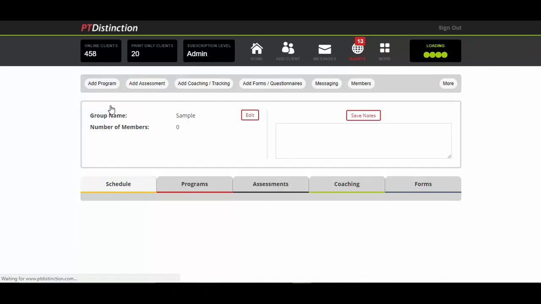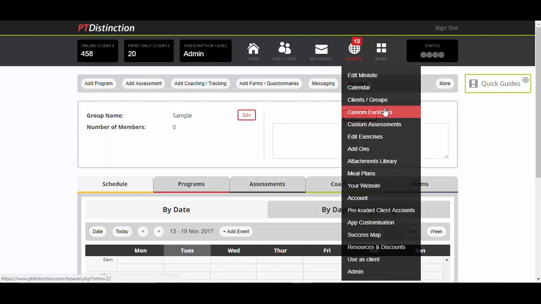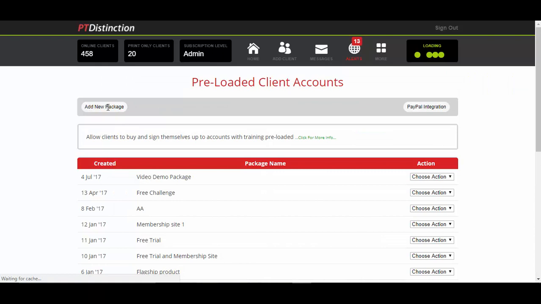Once you set up everything in the group that you want for your sample, that you want to show to potential clients, then what you want to do is connect the group up to a sign-up form that you can host on your website. To do that, come up to More, click on Preloaded Client Accounts, come up to Add New Package,